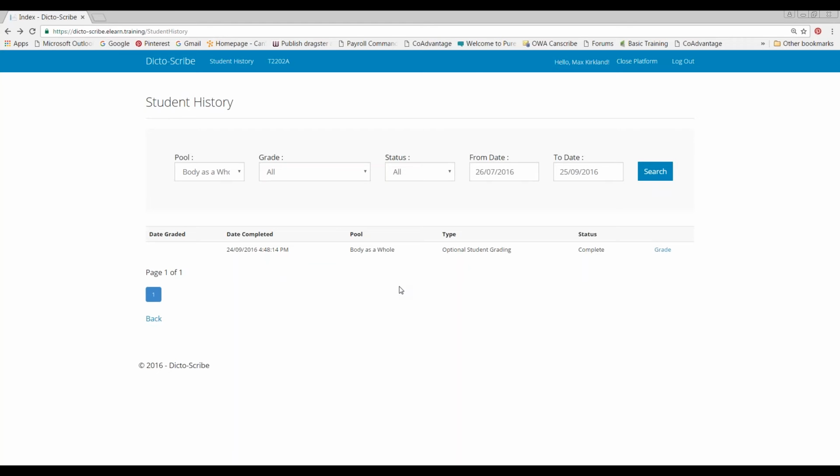There are two types of reports that you can self-grade or self-assess. One is a required self-grading report and the other is an optional self-grading report. All required self-grading reports must be completed in order to move on to the next chapter. Here is where we find required and optional self-grading reports on our student history page. For this video, we will complete an optional self-grading dictation, but the principles and procedures are exactly the same for